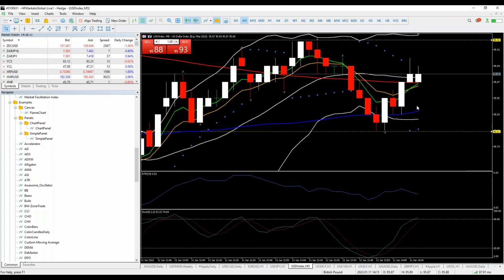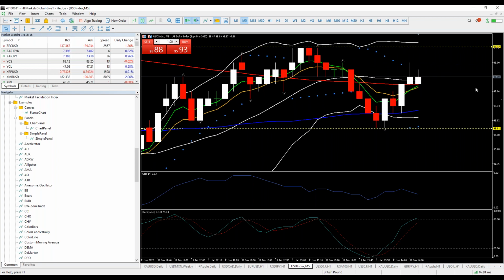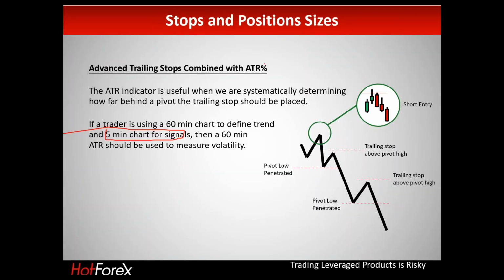If you want to go down to the 5 minutes chart to identify a breakout of these immediate support and resistance levels, then in case you see the asset breaking the 95.92, you can go long, and as stop loss, you can use a percentage of your ATR in this 1 hour chart. The ATR in the 1 hour chart was saying 7 pips. So you can use 50% of it or 20% of it, depending on your